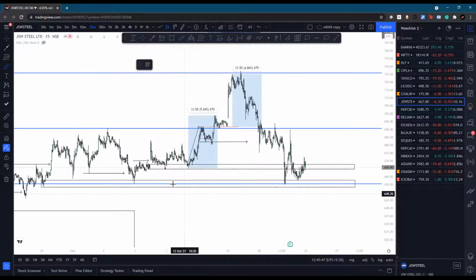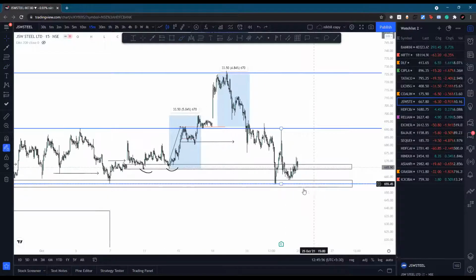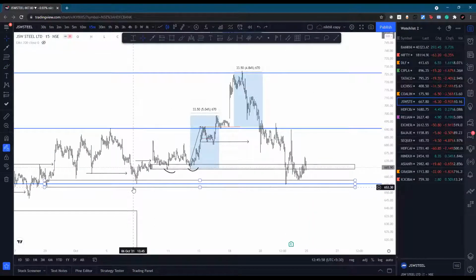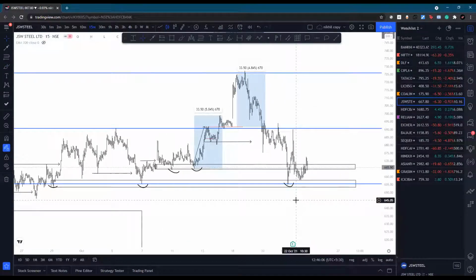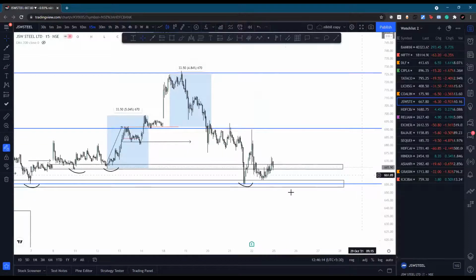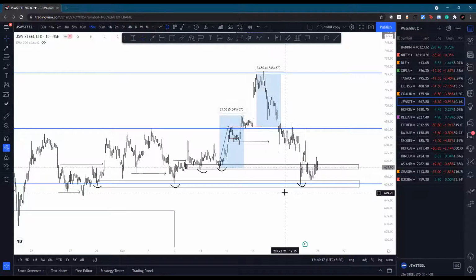If you can see, we have tapped to this liquidity by this bearish candle. We still have to tap this liquidity right here, and again these lows. Until and unless we don't see any structure formation, we won't be entering. So you are holding around 670. Okay, so it's fine. Have a stop loss around 650. We have liquidity shift from here. We have equal lows, so it's quite risky to take an entry right now.